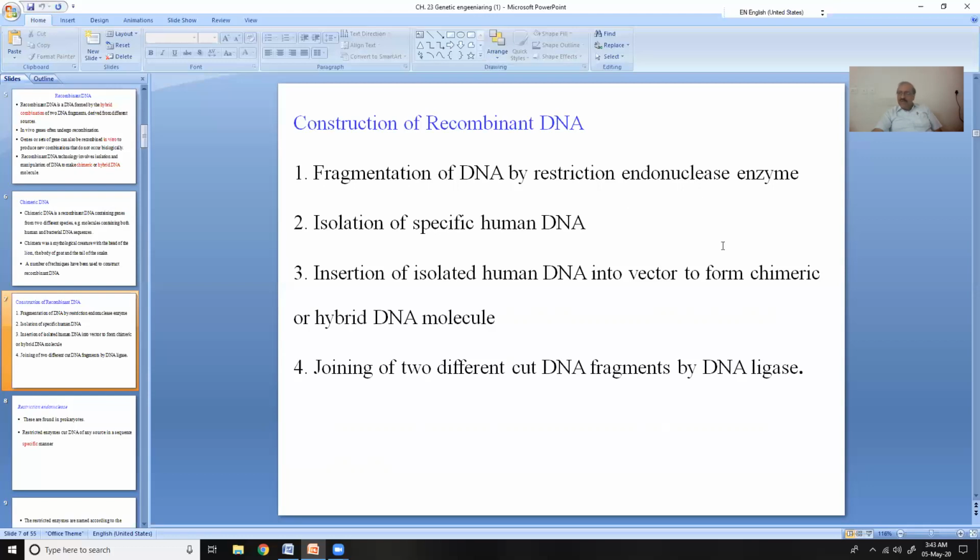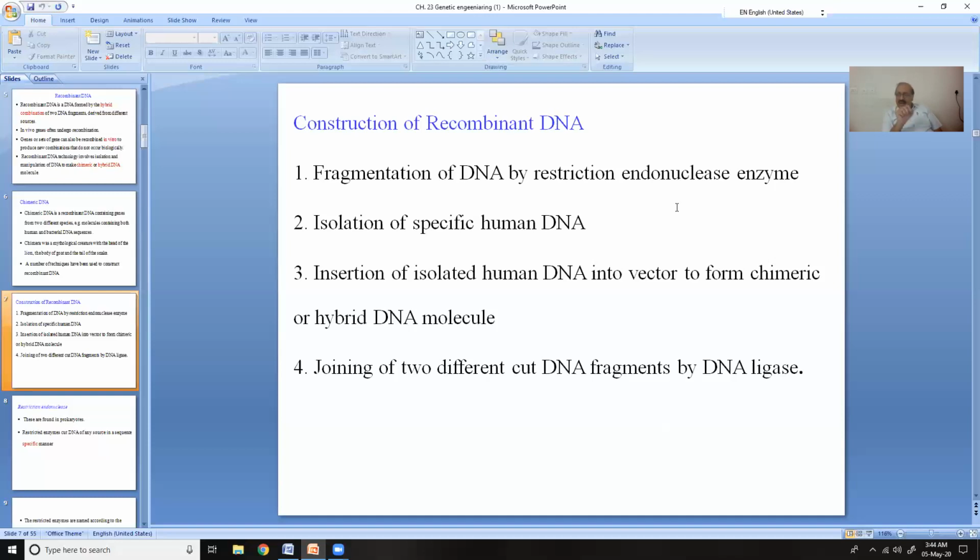Restriction endonuclease, do you understand what that is? There are two types of nucleases. When it is an exonuclease, it works on the terminals, 3' and 5', starting one by one from the terminal nucleotides. But when a molecule is cutting in between, that is known as an endonuclease. And restriction means we are having endonucleases.